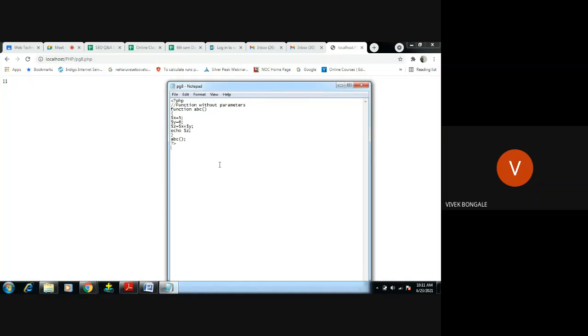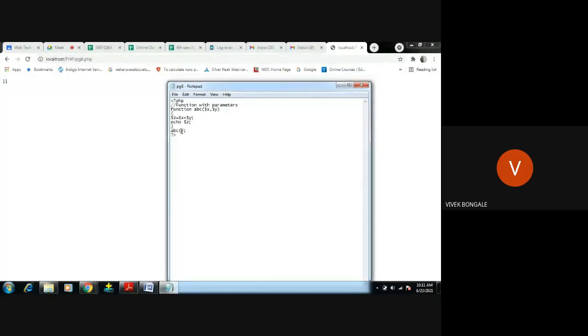Then how are we going to use a function with parameters? With parameters means we have to make a small modification in this program, right? Instead of declaring these variables inside, we pass the variable names as parameters of the function. So $x, $y, and I'm passing what here?